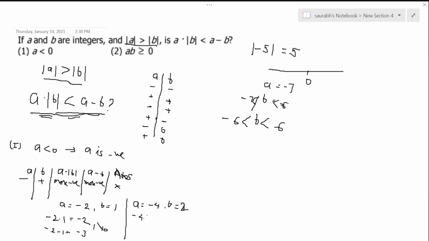Okay, so then this will be minus 8, and the second situation will be minus 6. So minus 4 minus 2 is going to be minus 6. Now, clearly minus 8 is less than minus 6, correct, right? Correct. So now the answer to this question is going to be a yes. So you see, this is the reason the statement is not sufficient, because you're not getting a definite answer.